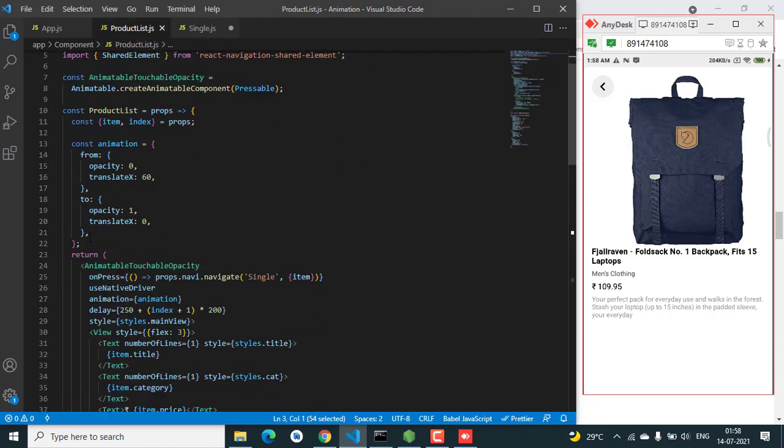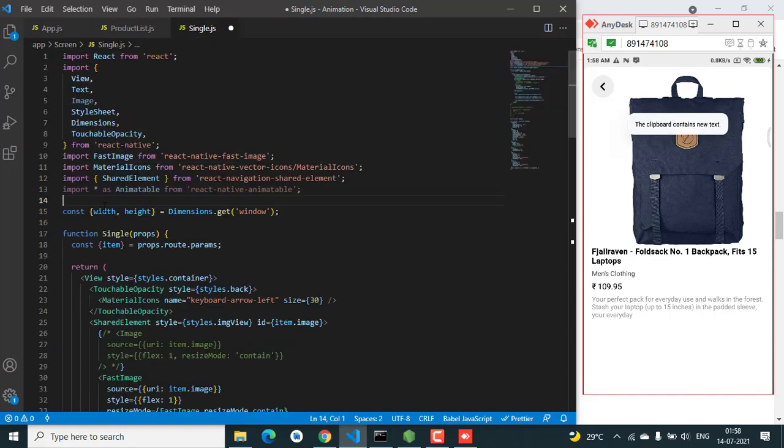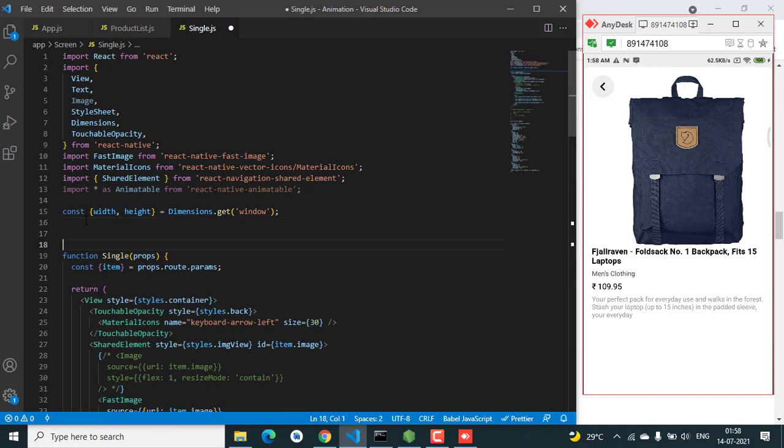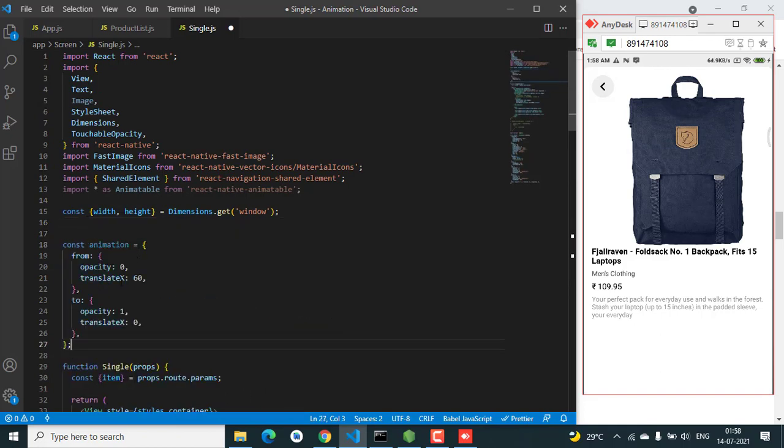I'm just going to simply copy paste everything from the previous screen, and we want to translate this particular text on the y-axis from bottom to top.